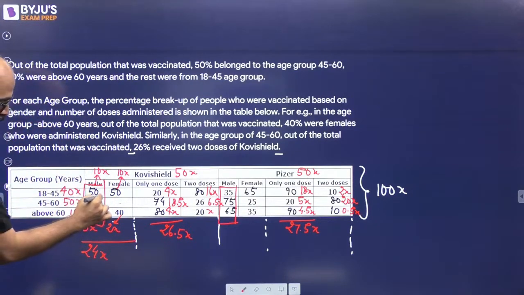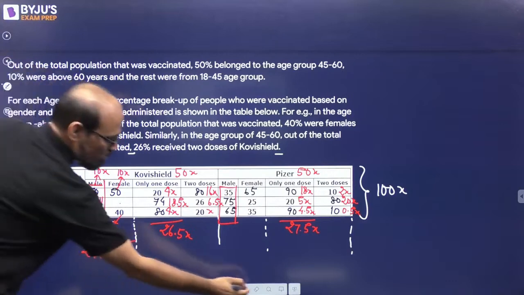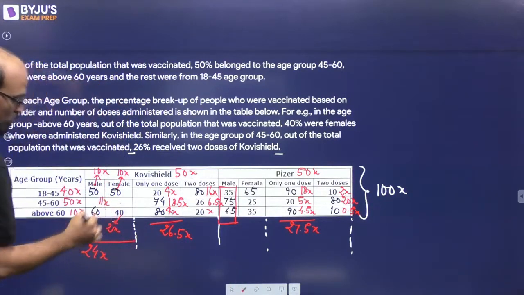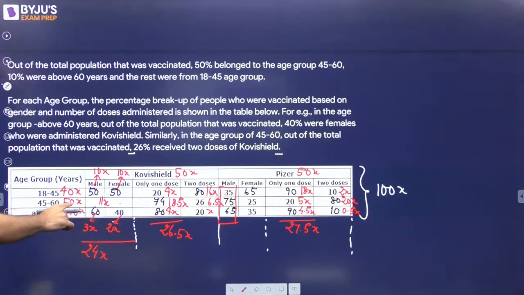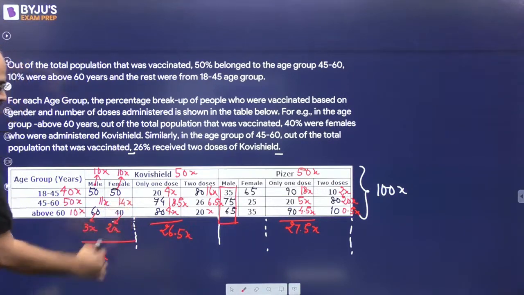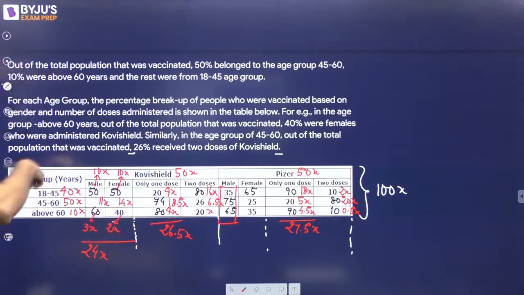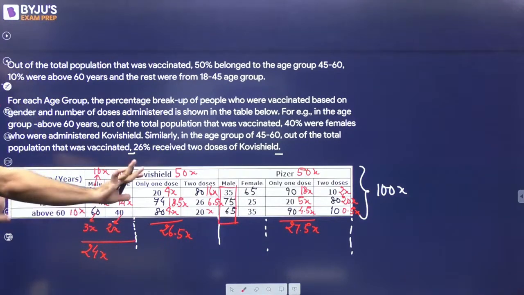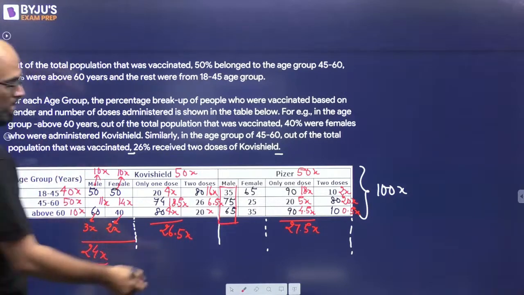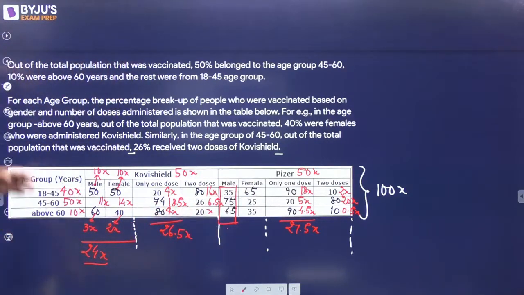So that 11x will go here, and if 11x goes here, इसको हटा देता हूं. If 11x goes here, तो ये मेरे को कितना चाहिए? 25x. So remaining 14x will go here. So 11x is what percentage and 14x is what percentage of 25. तो वो निकल जाएगा. But this is the calculation that we have to do. 10, 11, 21 plus 3, 24x तो इधर को मेल है, and we will need male from here, which is going to be